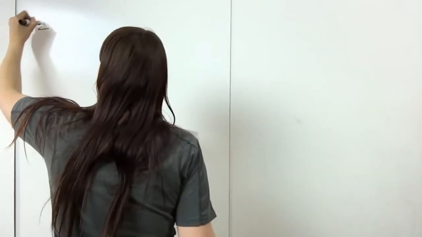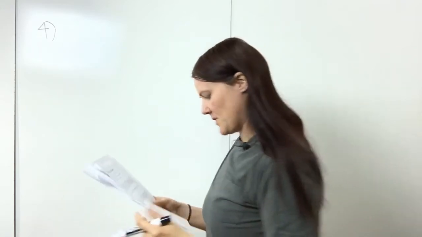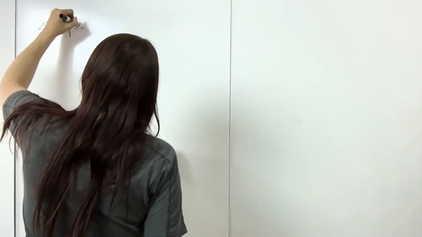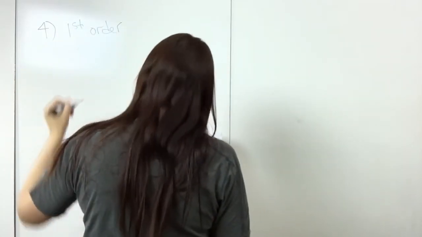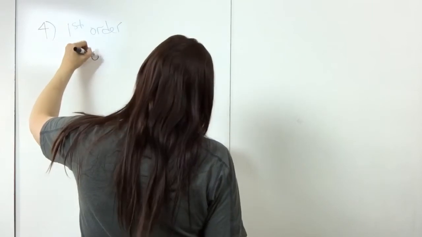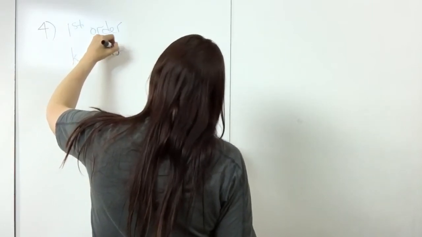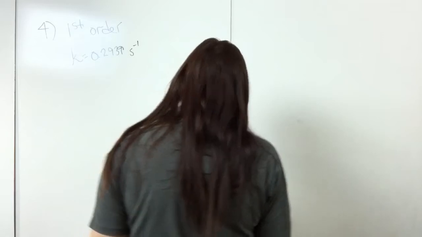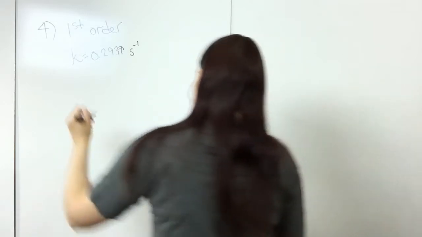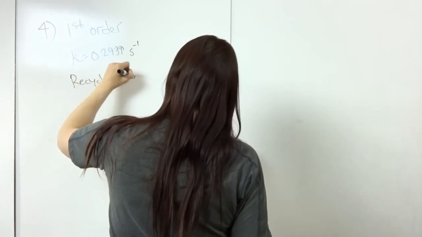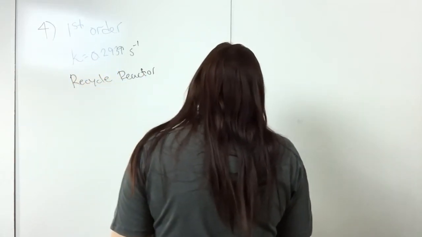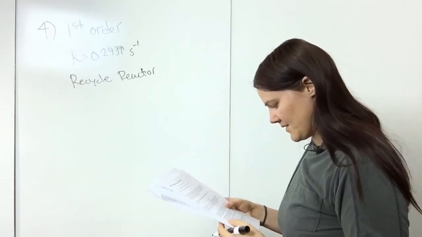For number 4, it says you have a first order reaction, first order with rate constant of 0.2939, so K is equal to 0.2939. It's taking place in a recycle reactor, so you have a recycle reactor where 80% of the immediate exit stream,